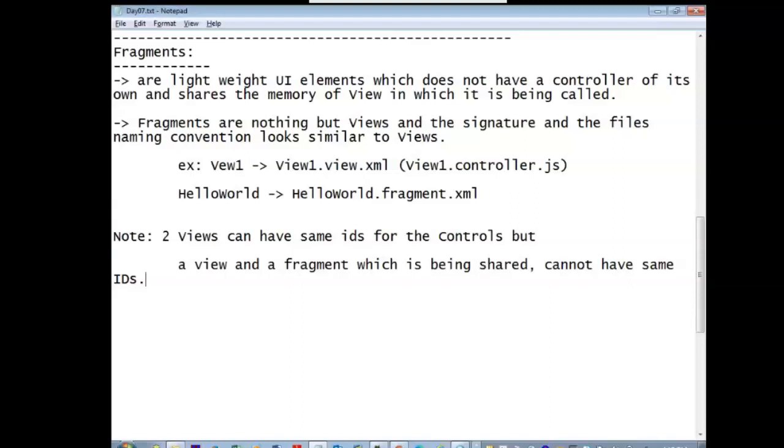Views. When the views are getting created, this is only for those who want technical details of the difference between the views and the fragments. After listening to this story, only then can you understand the code of the fragment. It takes only 5 minutes for me to write the fragment code, but if you don't listen to this story, you cannot understand. So those who are interested in the technical details, for them I'm telling. Others can sleep. This is technically challenging.